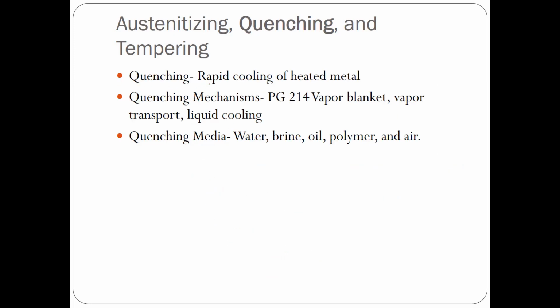Quenching. If I rapidly cool, if I fast cool, or if I quench, they are all the same thing, and they are going to turn out as martensite. And that's really what determines what quenching is. Because if I take a piece of 1008 steel and I austenize that, let's say I heat that up to 1700 degrees, and I pull that out of the oven and I dip it in cold oil,